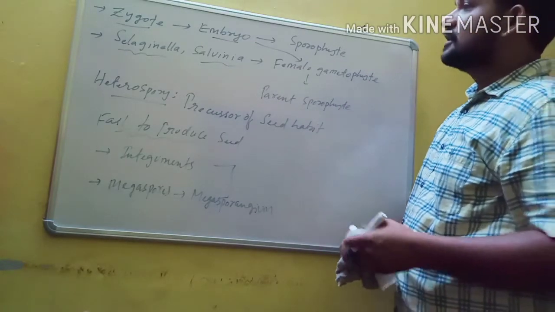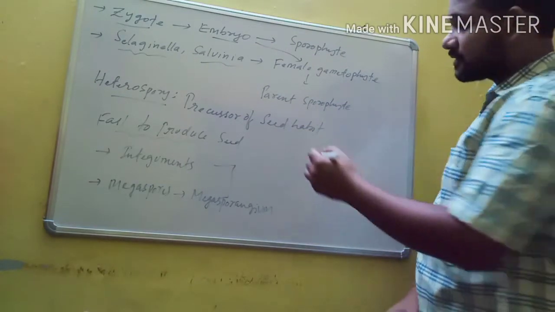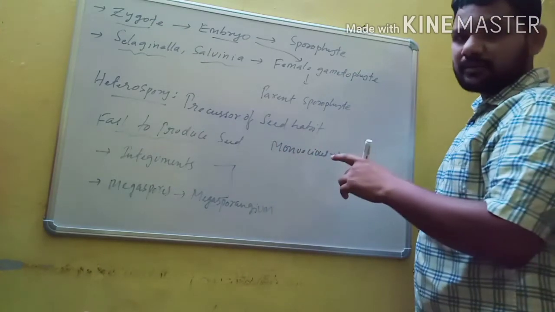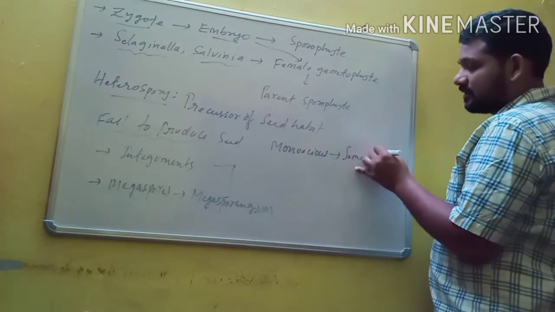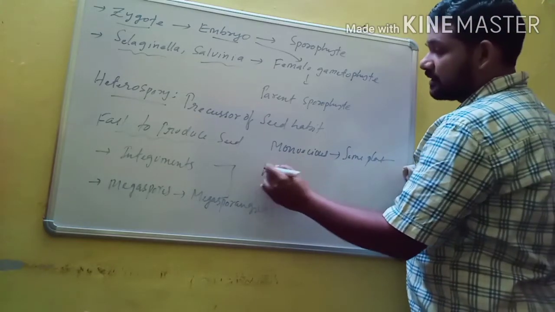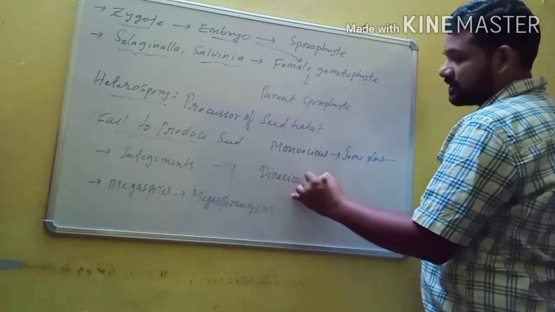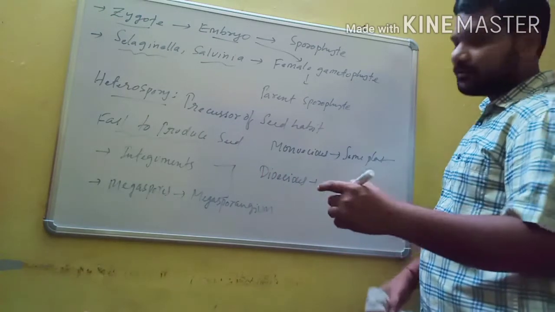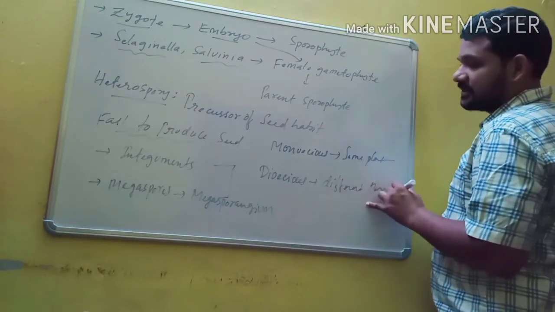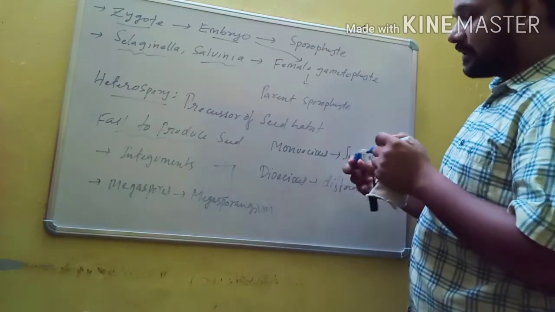When both male and female gametophytes are produced in the homosporous condition, they are called monoecious. Monoecious means both male and female gametophytes are produced in the same plant or same individual. But if male and female gametophytes are produced separately in heterosporous species like these two, this condition is known as dioecious. Dioecious means the male gametophyte and female gametophyte are present in two different parents. So these are some important general characteristics of pteridophytes.